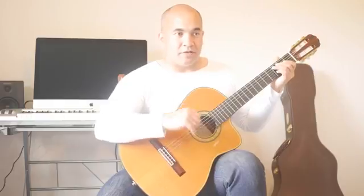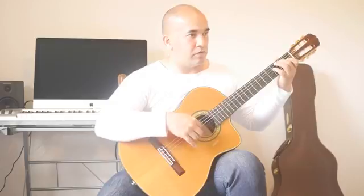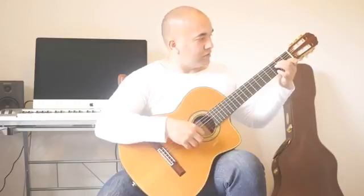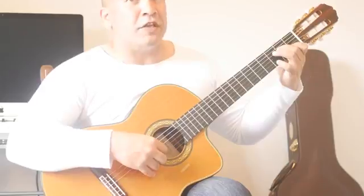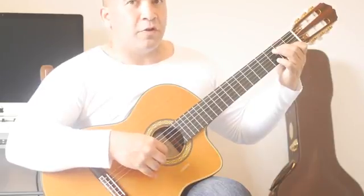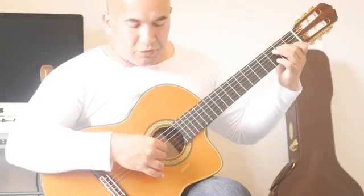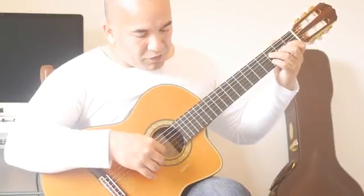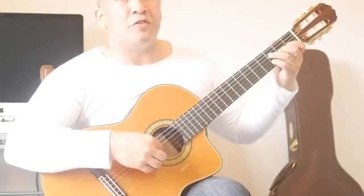The next 5 bars are the same as the first 5 bars of the piece, like this. But here it changes. We've got 2nd fret on the D string and 3rd fret on the E string together, followed by open E, then 2nd fret on the D string and 1st fret on the B string together, then 3rd fret on the D string, 3rd fret on the B string together, followed by 2nd fret on the G string,